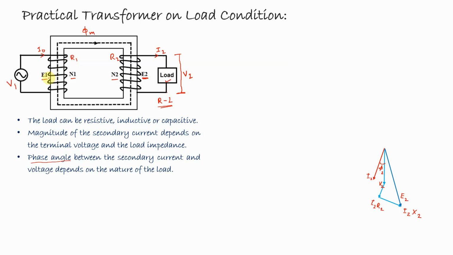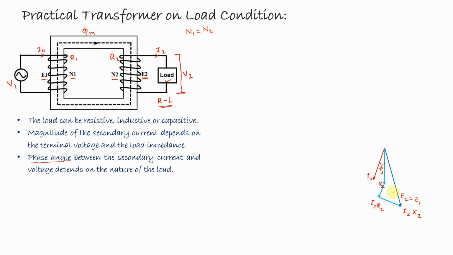The EMF induced in the primary side will also be in the same phase. So let's say here E2 is equal to E1. Let's say we consider the number of turns in both primary and secondary is the same. Here it does not matter whether N1 is greater than N2, or N1 is less than N2, or N1 is equal to N2. In all conditions, the EMF induced in primary and the EMF induced in secondary should be in phase. In the phasor diagram, both phasors will be in the same line.